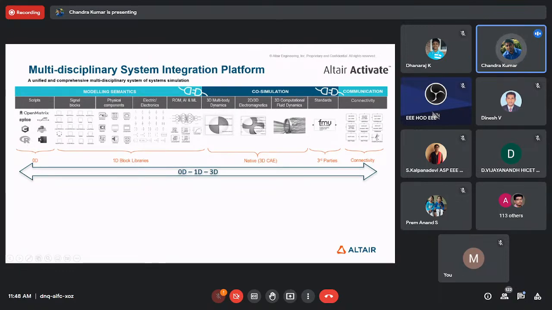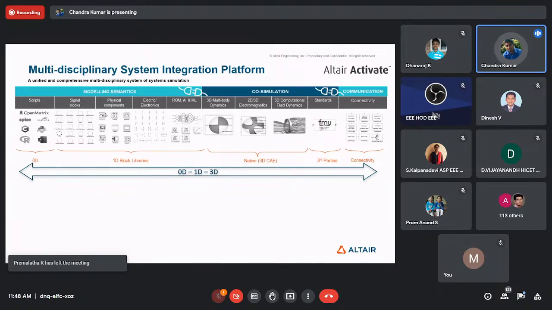When I say physics based, you have electrical, mechanical, thermal, hydraulics, and multi-body dynamics, and all these physical block sets are available, where you can represent, for example, a spring mass damper system. We also have electronic circuits, where analog and digital circuit designs can be done. You also have ROM AI, that is reduced order modeling, where you can use AI and ML platforms as well. These all come under 1D block libraries.